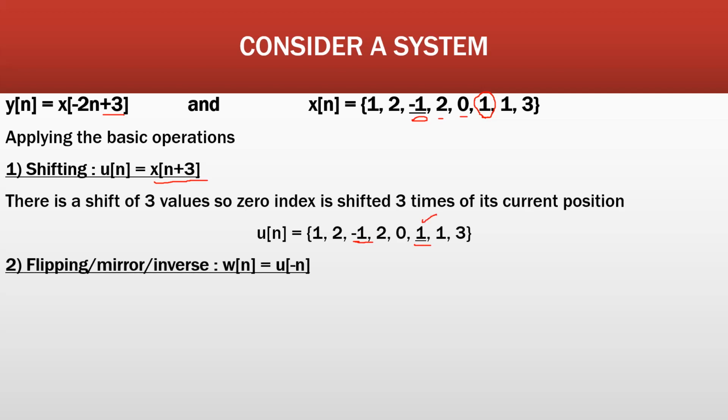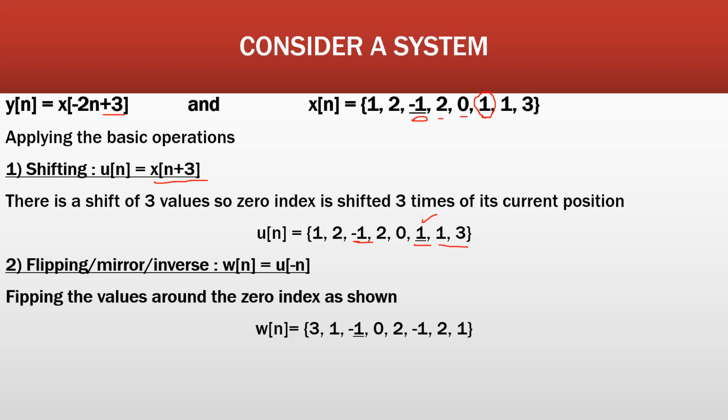The second basic operation is flipping, or the mirror or inverse of the system. We have taken another system, that is w of n equals u of minus n. In the above given system, the flipping or mirror image that is being applied is minus of n, means we are going to reverse or flip the values around the 0 index that we have previously calculated. Flipping the values around the 0 index as shown,